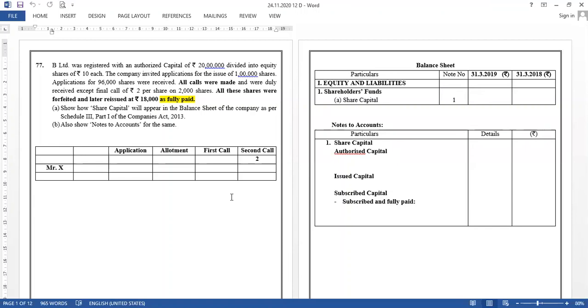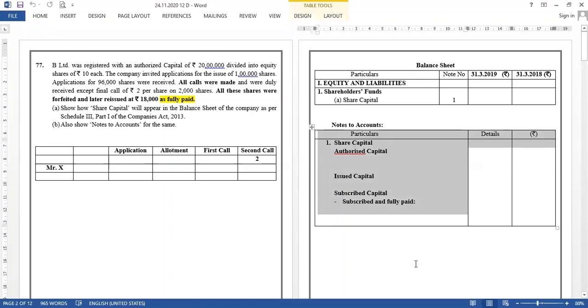That's very good. Next important thing was calls in arrears, share forfeiture, reissue. If it is only calls in arrears, मतलब shares forfeit नहीं हो रहे, okay, तो calls in arrears so आएगा. What effect of calls in arrears was given in this format? Calls in arrears was added or deducted. दो ही option है. Deducted. Deducted is right. What about share forfeited account? Added or deducted? Added. Added.